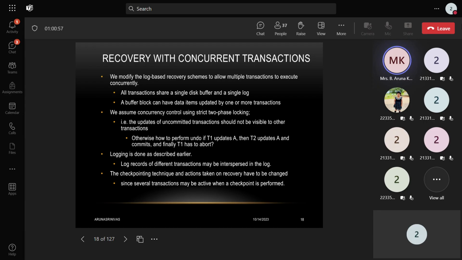Okay. So now, as we are aware, recovery with concurrency control, that is, your concurrent transactions. So what could be done over here? Same thing over here. The concepts will get repeated because undo of the operations will be done in your strict two-phase locking protocols. We have done the various protocols, right? It's your two-phase locking protocol or